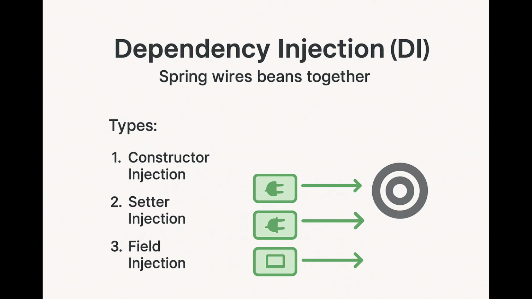Dependency injection. Once beans are created, Spring connects them together using dependency injection. Think of it as Spring plugging in the required objects automatically. There are three types: constructor injection, the recommended way, setter injection, and field injection, which is not advised in modern